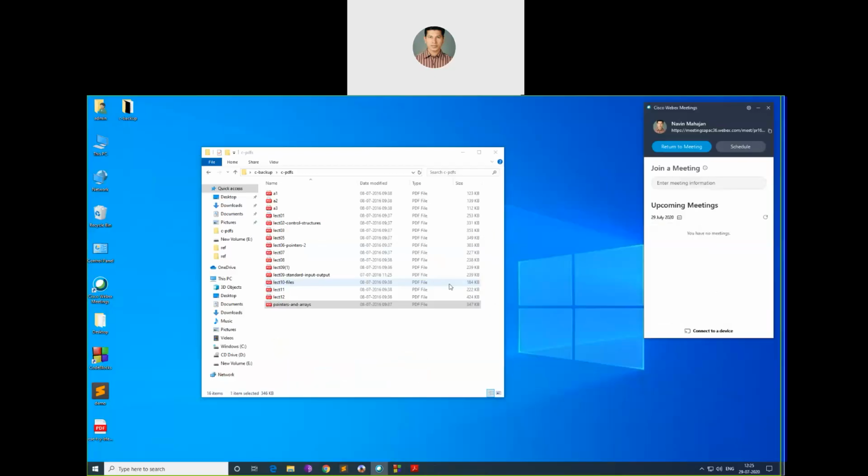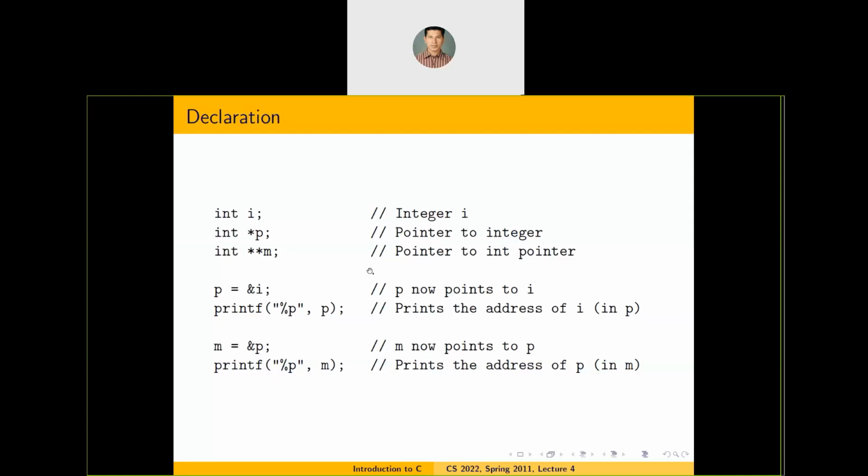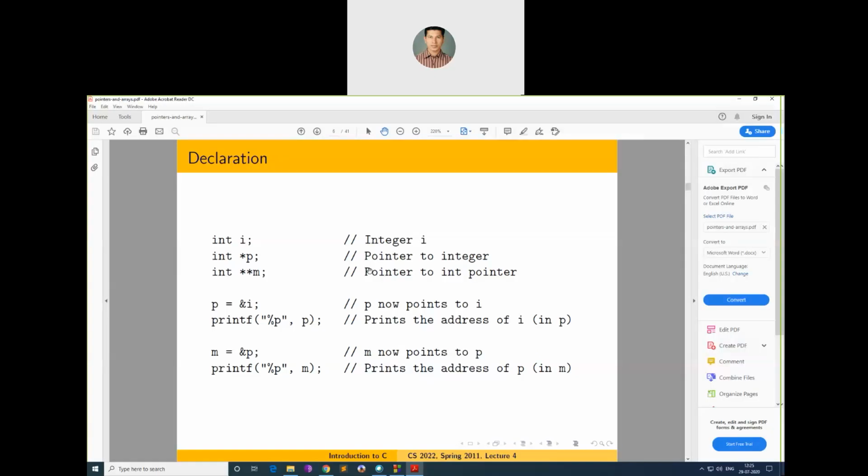Okay, we have pointers. What's the time? It is 12:26. Which is the next lecture you have today? Do you have a lecture after this?